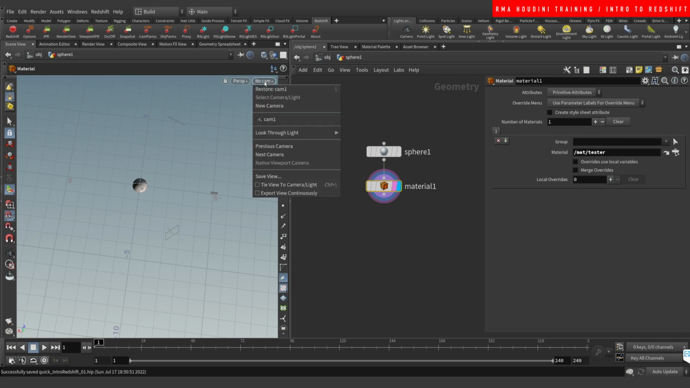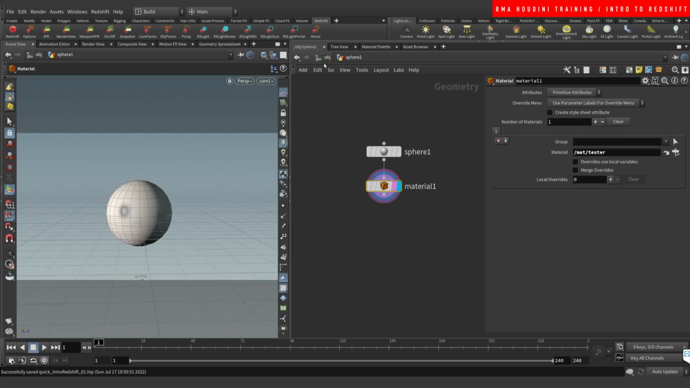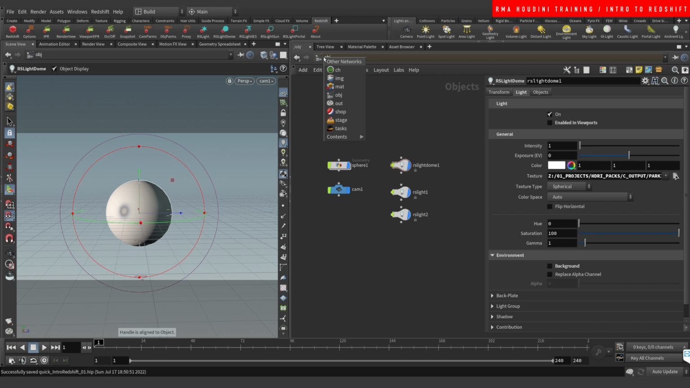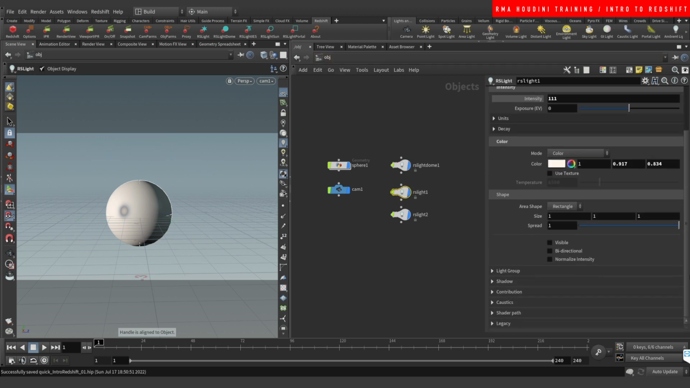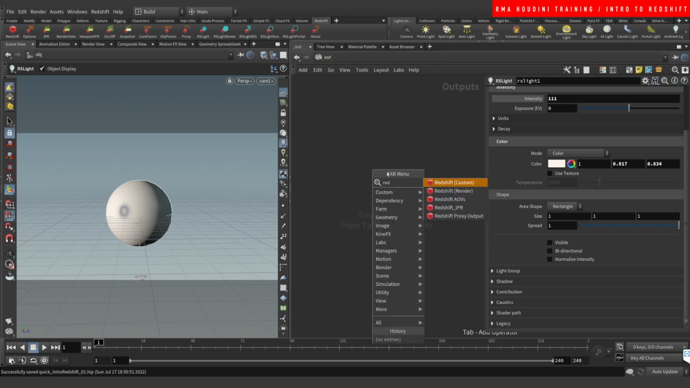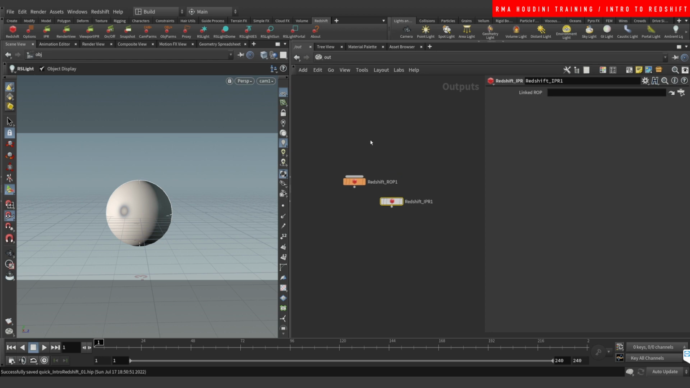Alright guys, so we're gonna go in the camera. We've got our material set up, we've got our lights in here. And one thing that I like to do is on the lights, we want to make sure that visible is turned off so that we don't see the rectangular shape of the RS light on the background when we render. This is no longer enabled on the latest version, but before, it would always show up like this. So just double check that, and then we go on the out context and we type Redshift render, and we're